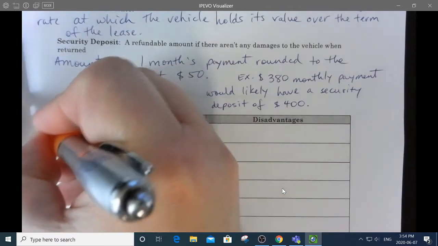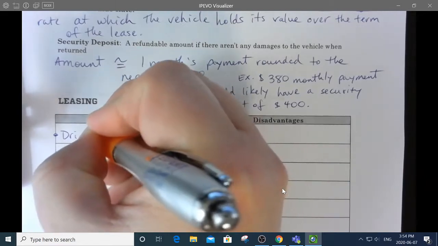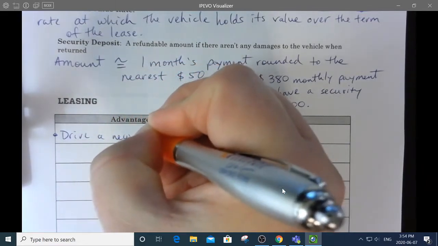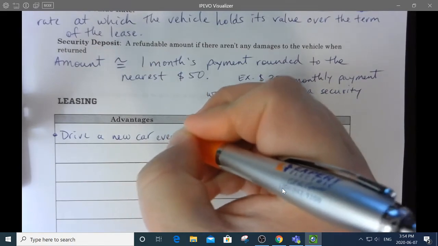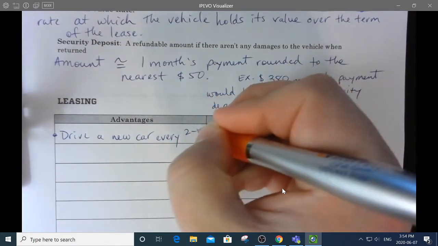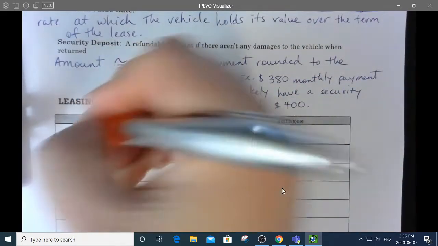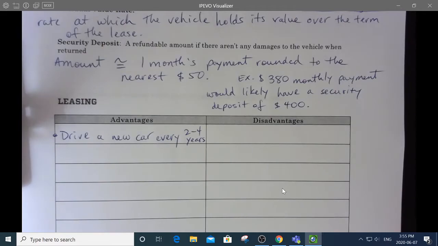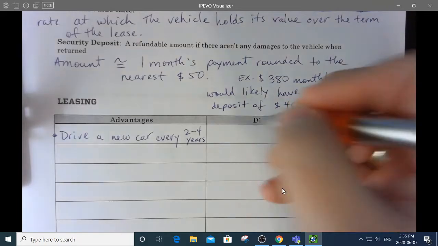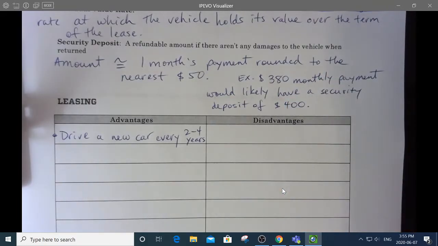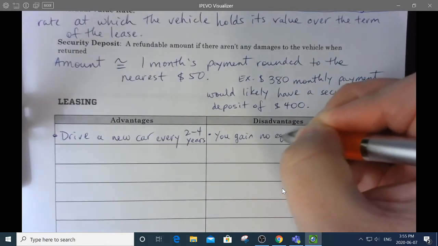So you can basically drive a new car every, generally 2 to 4 years is what leases tend to last. Now, you're never actually paying to own anything, so you're never going to get any equity. So the advantages of leasing is you get to drive a new car every 2 to 4 years, but the disadvantage is, of course, that you gain no equity